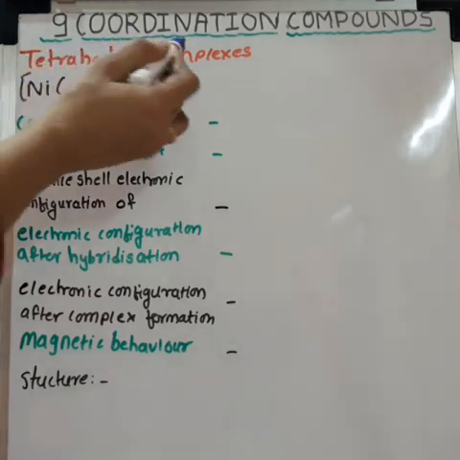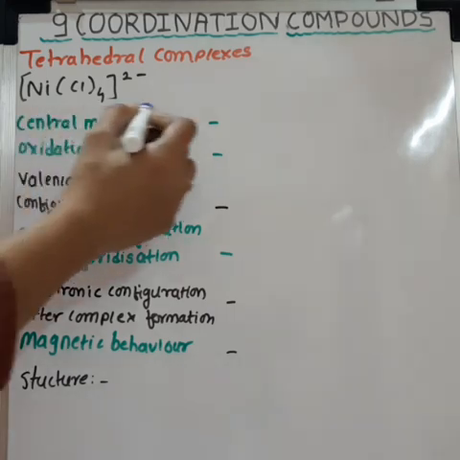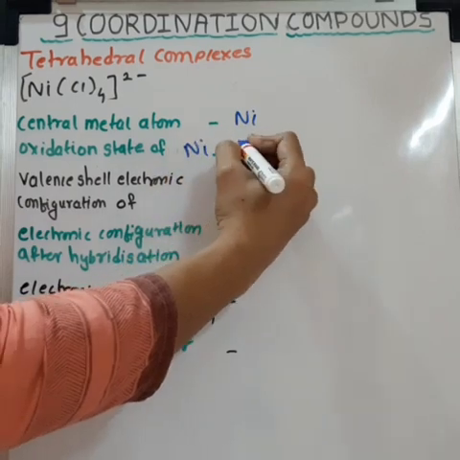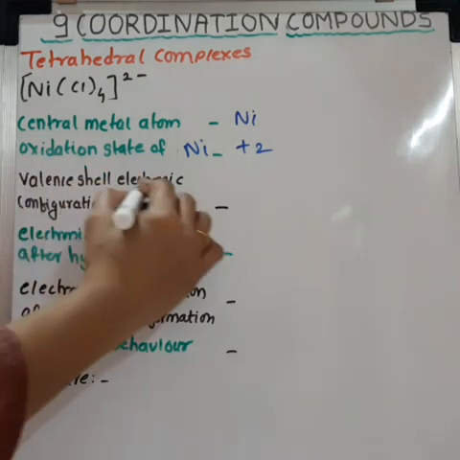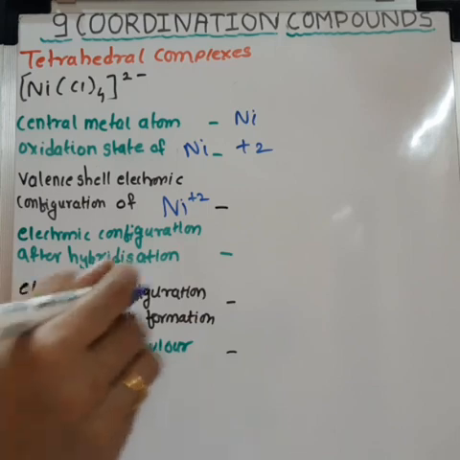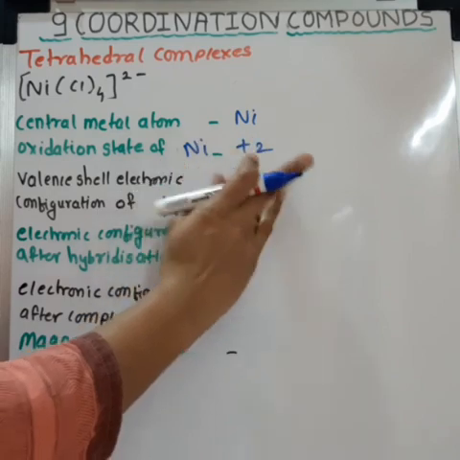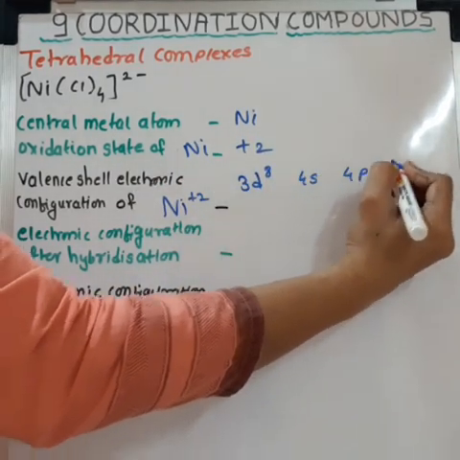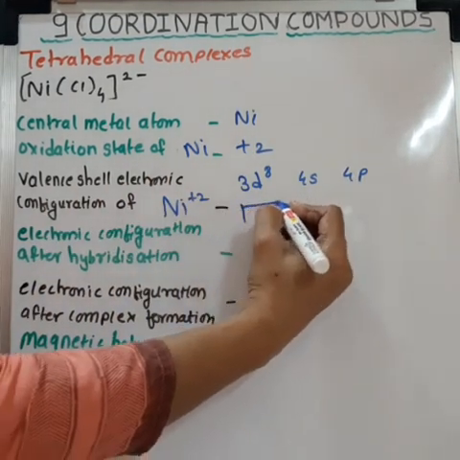The most common example of a tetrahedral complex is NiCl4 2 minus. The central metal atom in this complex is nickel. The oxidation state of nickel is +2 in this complex. The valence shell electronic configuration of Ni +2 will be 3d8, 4s0, 4p0. Now the orbital diagram for this will be